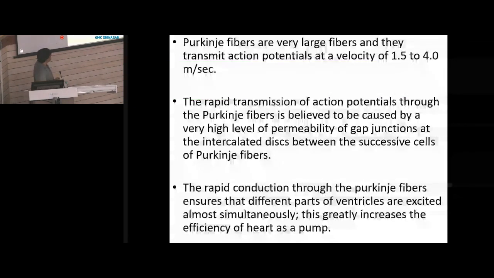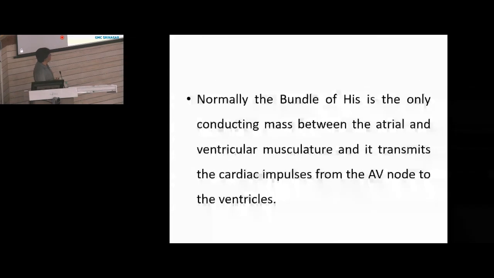Normally the bundle of His is the only conducting mass between the atria and ventricular musculature, and it transmits the cardiac impulses from AV node to the ventricles. As I told you, there is that non-conduction band between atria and ventricles. And if SA node generates an impulse, it cannot be conducted to the ventricles directly unless there